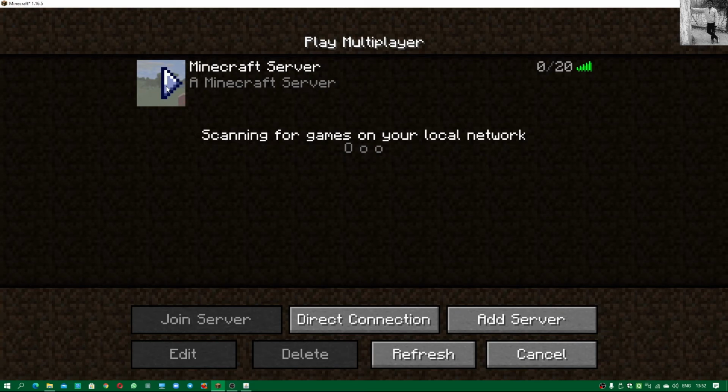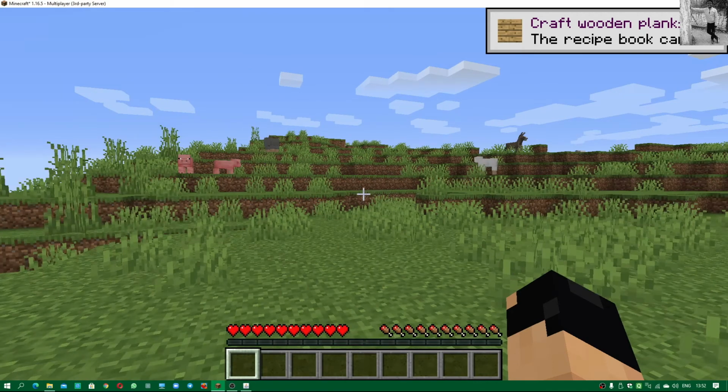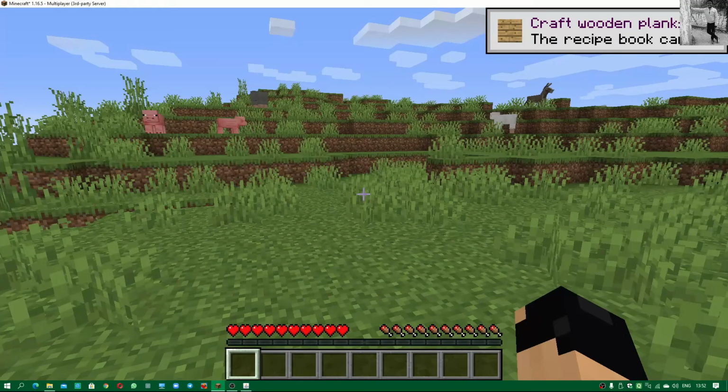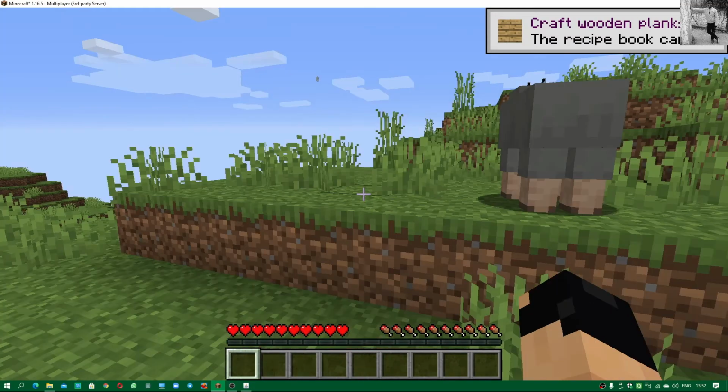Okay. Hey, wait a minute. This is a new server, right? This is not a new server. In fact, this is my world that I made. Oh, sorry. I just need to go back, and now if I play easily, I'll be able to find a few pigs. Okay, that's not a big deal. Finding a few pigs is not a big deal.